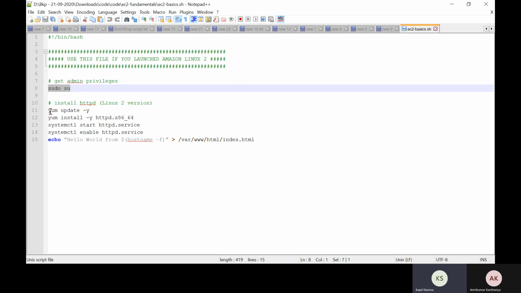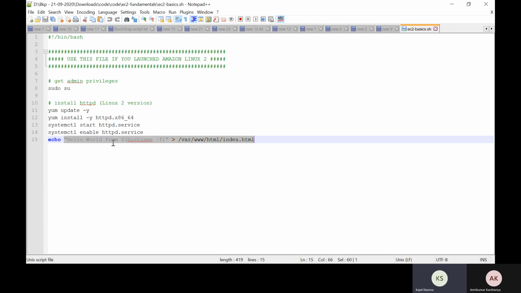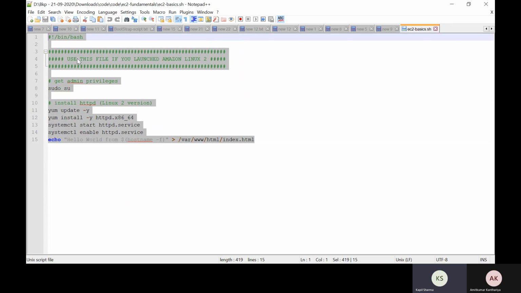After that, we are running some commands like yum update -y, yum install -y httpd, and then we are starting the HTTP service. We are enabling HTTP service at the time of startup, and we are writing one index.html file, and in that index.html file there is "hello world from the host name of that particular server". So we will execute this script at the time of startup. We will just copy this,